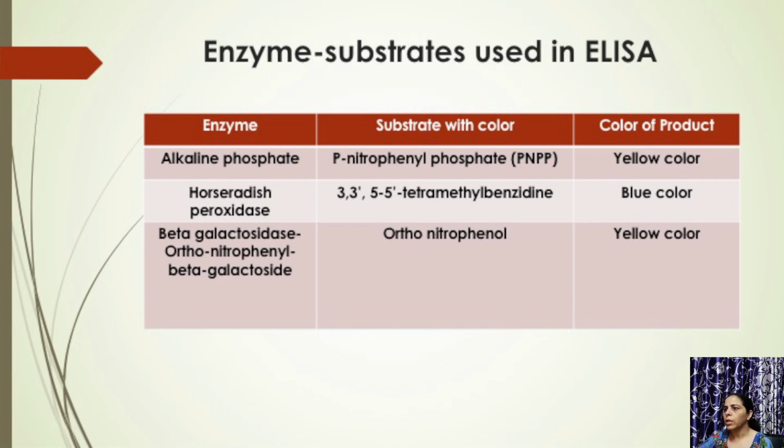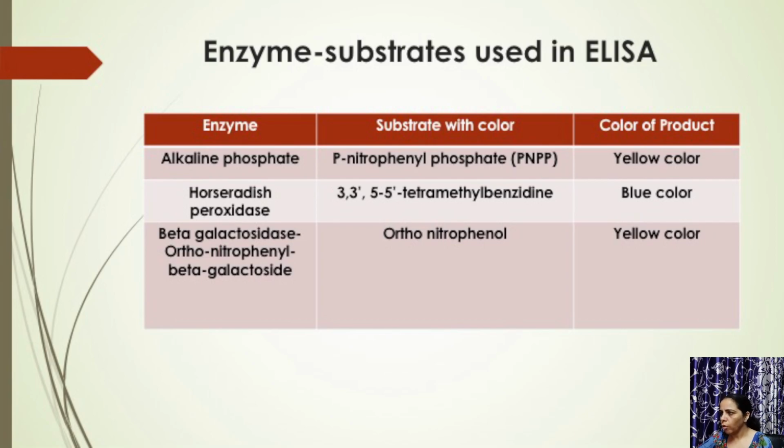For example, P-nitrophenyl phosphate is the substrate for the alkaline phosphatase, and the tetramethyl benzidine is the substrate for the horseradish peroxidase, and orthonitrophenol is the substrate for the galactosidase. And this technique is based on the conversion of the substrate to the product by the enzyme, and therefore in the last column the color of the product is given so that we can find out whether the ELISA result